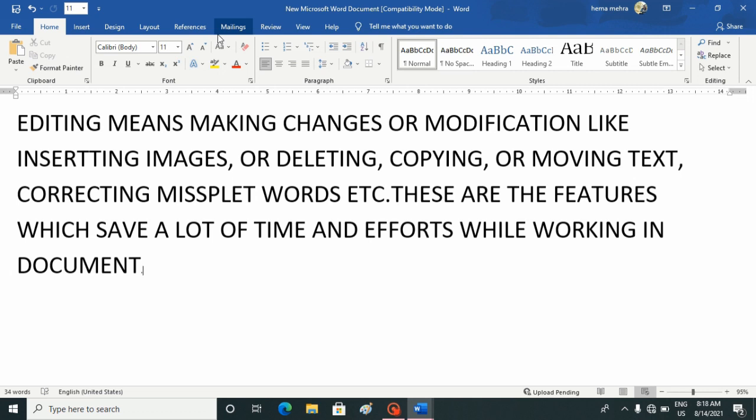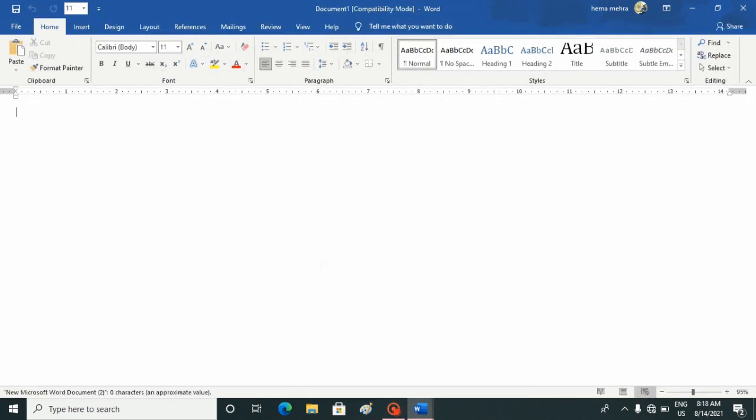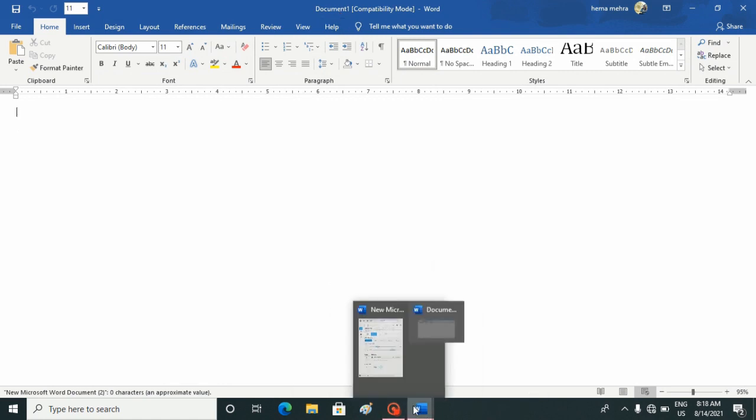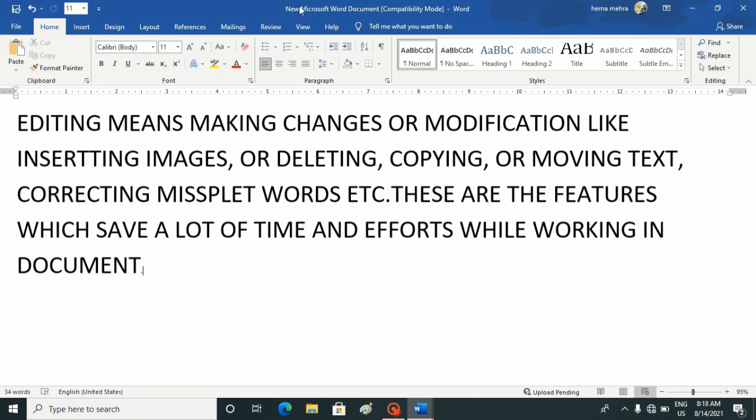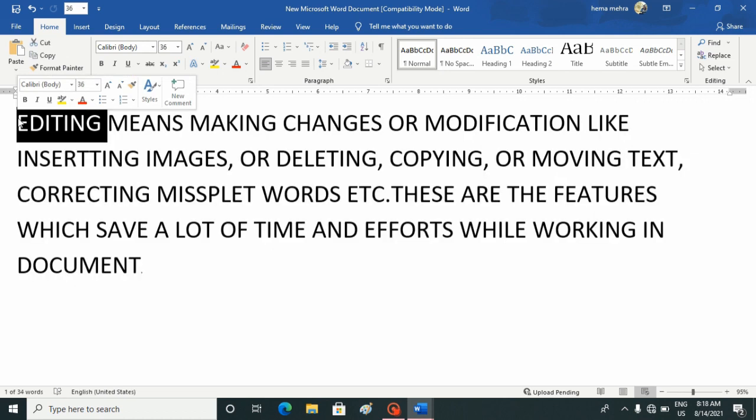Moving the text. Text can be easily moved from one place to another in the document. I have already created one blank document with the name of Document 1, and in another document I have written new Microsoft Word document. For moving the text, first we will select the text or entire document which we have to copy or move to the other document.